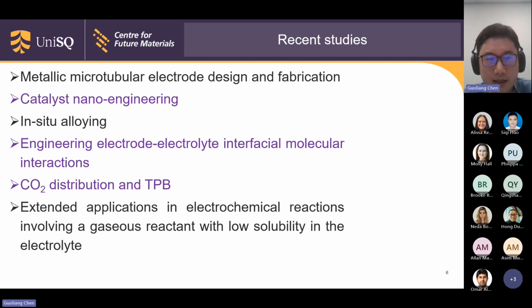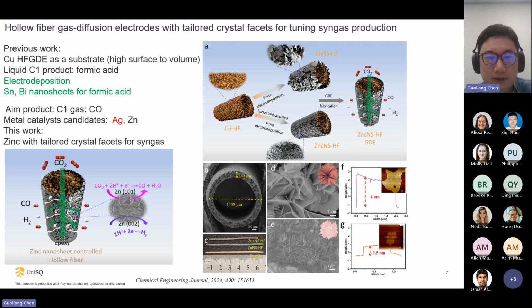Here I want to talk about our recent studies. I will mainly focus on catalyst nano-engineering, the catalyst electrolyte interface, and also the CO2 distribution and the creation of triple phase boundaries. In the first case study here, I want to talk about